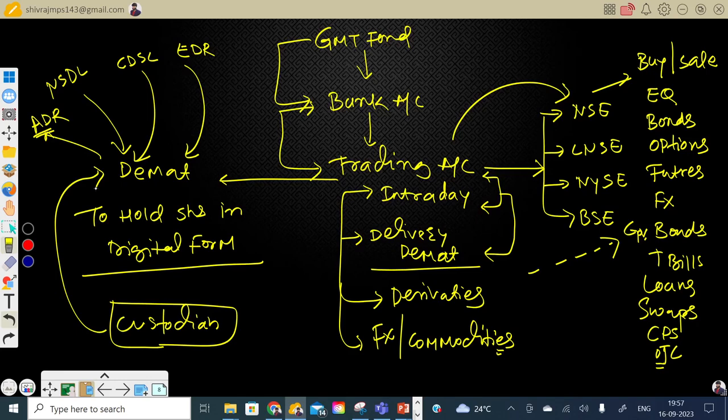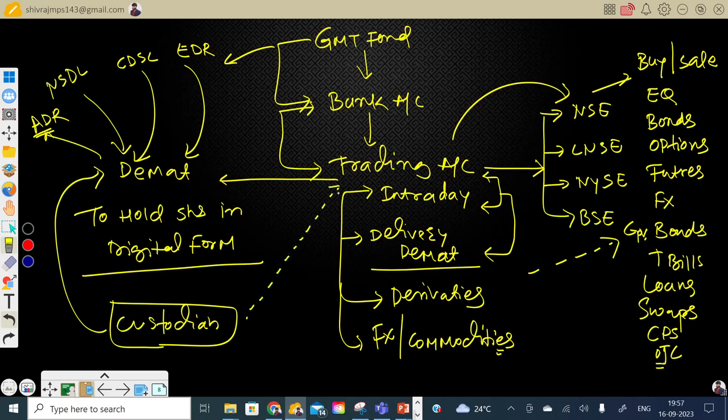Held securities, you can say, right? So that's how a fund manager creates or opens a demat account with CDSL, NSDL, right? And that account the fund manager transfers to the custodian for safekeeping purposes. Why? Because whenever securities